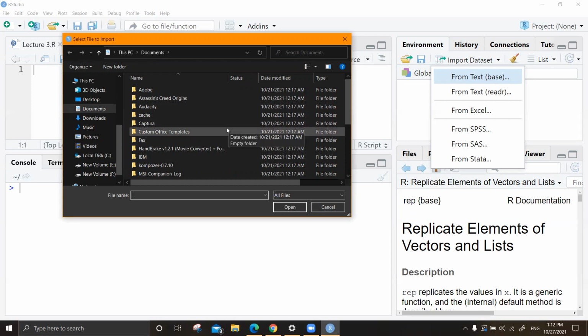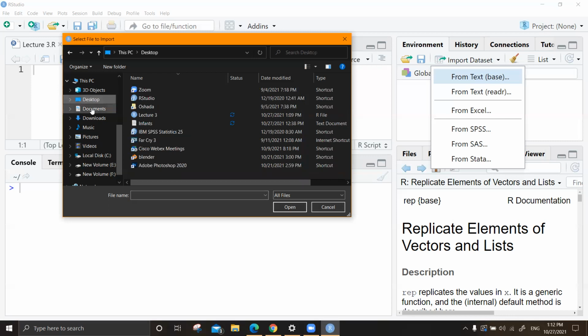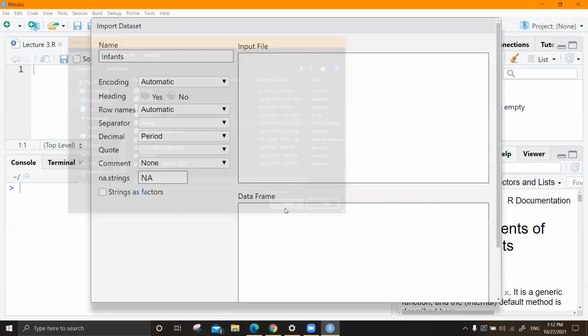Okay, so it doesn't have to be always within Documents. I gave it another file location. My file is on the desktop. So I go to where my file is. You know how to upload pictures to Facebook and all that. So how do you browse it if you are using a PC? Same way, right? I went to the desktop and chose my file. It is appearing here and I clicked on Open.